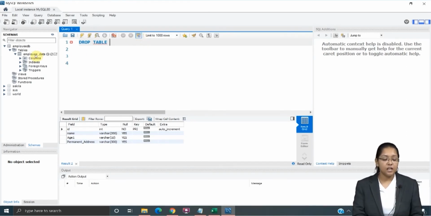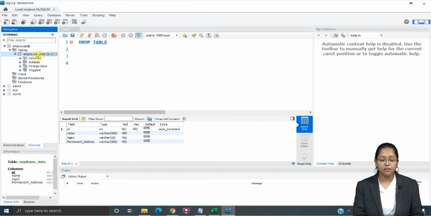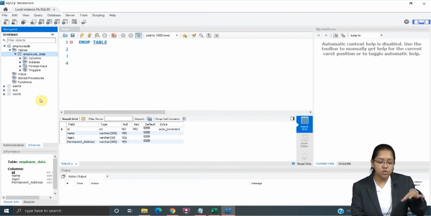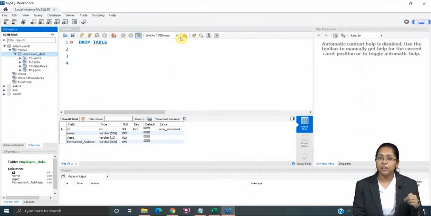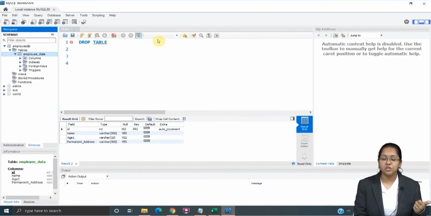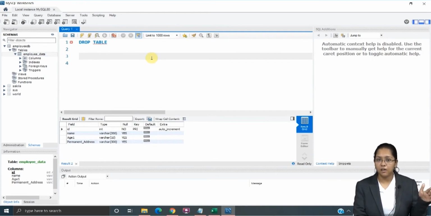That's the reason here you can see the renamed employee data. All the modifications which you have done using the alter command are now showing. At that time, was it showing as employee data? No, it was showing only information. But right now I have restarted my workbench, and that's the reason it is showing employee data. All the modifications have been reflected.